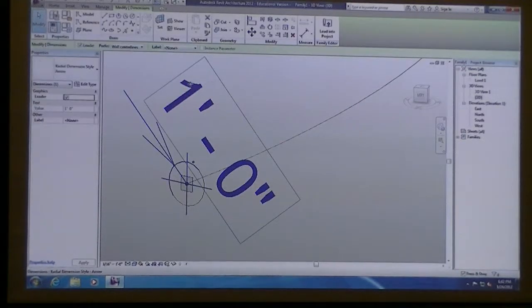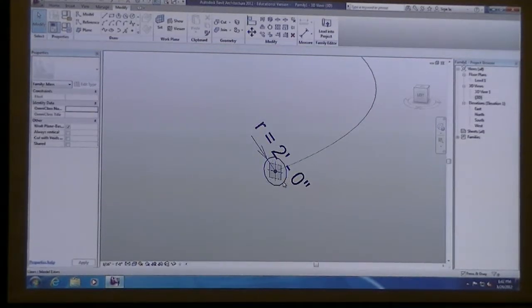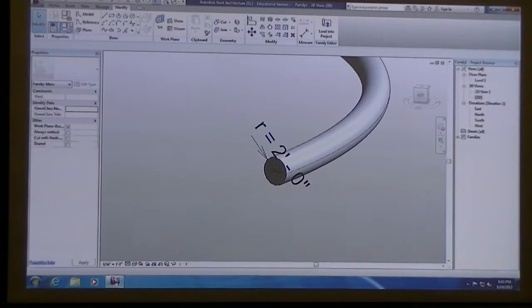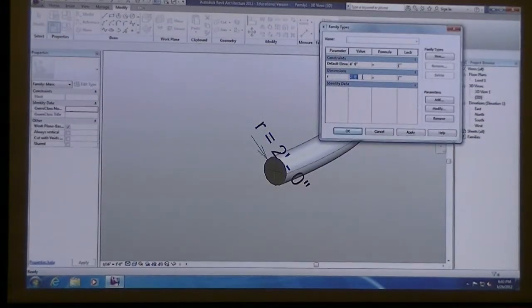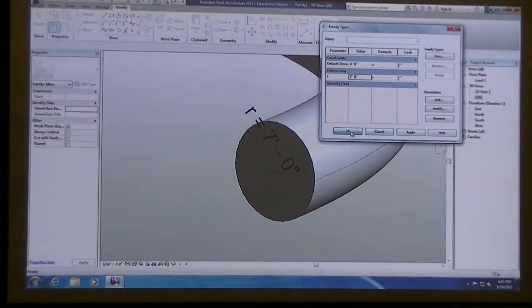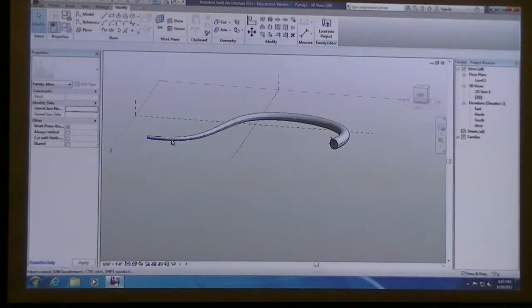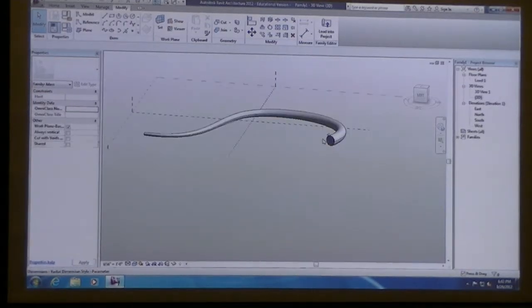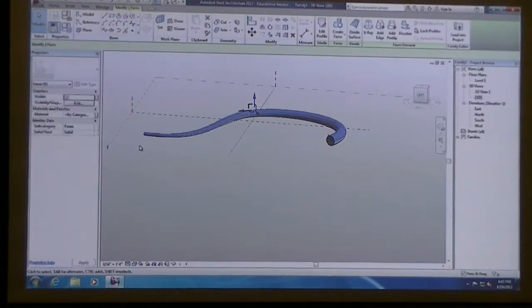And if I set this dimension for that profile shape to a parameter that changes its size, you can now create the form. And once it's created, you can come back here to the family type properties, and then you're able to edit the size of your pipe or whatever many other parameters you want to add into there. And you'll see that on one side I've got this really huge, kind of 7-foot radius on this end, but then on the other end it kind of tapers down.